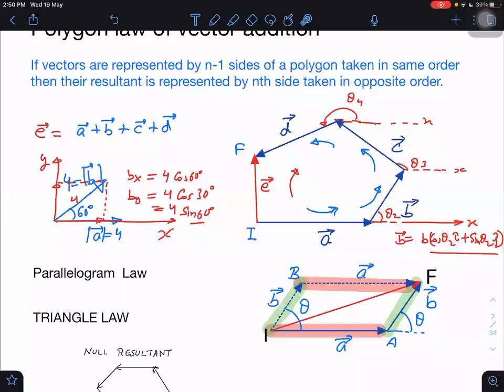Oh my God! Cos 90 is 0. If you don't know trigonometry, you can never understand vectors also. Okay, no problem. But my first warning was that not only should you know sine 30, sine 60, but you should know them so fast that if somebody wakes you up while you're sleeping and suddenly asks what is sine 30, you should be able to quickly say it is 1/2. We should be very fast also. Then only will you understand these vectors properly.